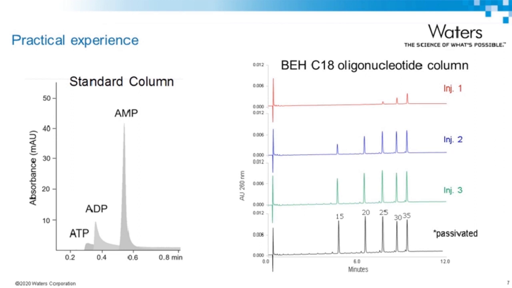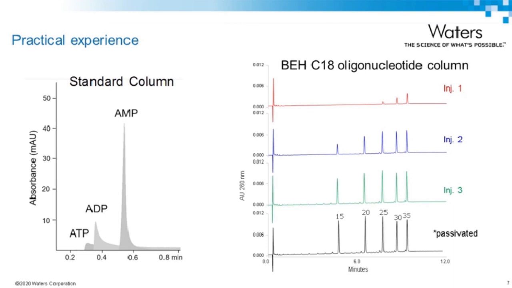Second example that I show here is for oligonucleotide. Here I show how it looks when you take a fresh column out of the box, put it on a system, and the red chromatogram is the first injection. In the sample here, I have 5 oligonucleotides from 15 to 35 mer, and you can see that some of them are missing. Injection number 2, blue chromatogram, looks better, but only by injection number 3, you start to see these minor oligonucleotides that exist in this sample, and it is still not the response that you should get.